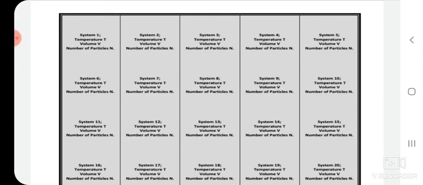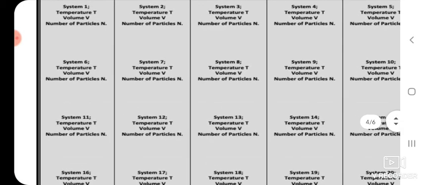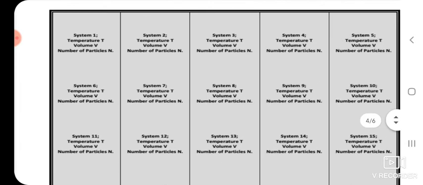If we move forward, the second ensemble is the canonical ensemble. It is a collection of a large number of essentially independent systems. Same definition is there, but the physical quantities will be changed. Here the systems have the same temperature, volume, and number of particles N. The equality of temperature of all the systems can be achieved by bringing all the systems in thermal contact with each other.